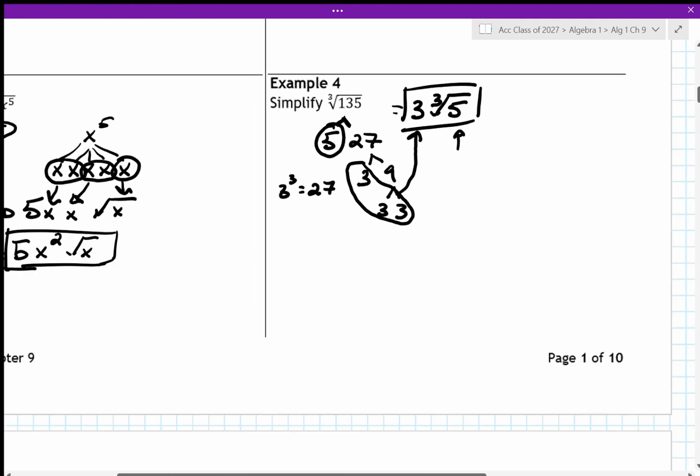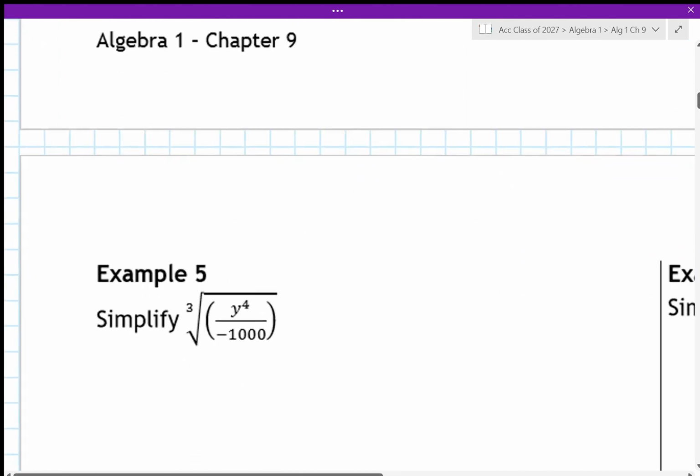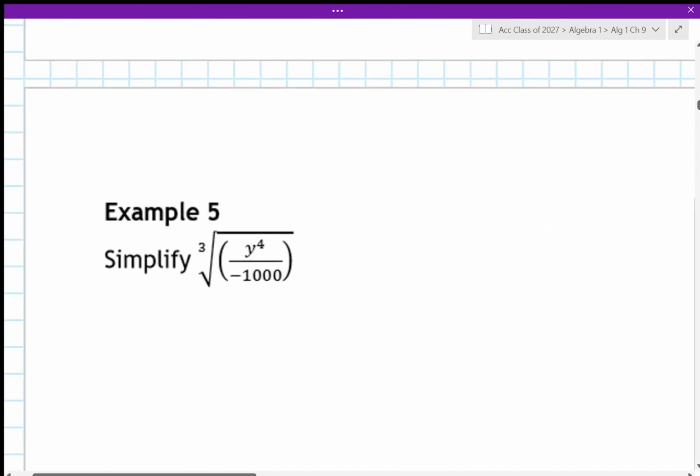Let's look at the next page here. Example 5. Now, we see that we've got a negative underneath our radical here. Oftentimes when we see a negative under a root, that means that we're done. We just say no solution, that's it. Because the square root of, let's say, negative 4, that doesn't exist, because there's no two of the same number that can spit out a